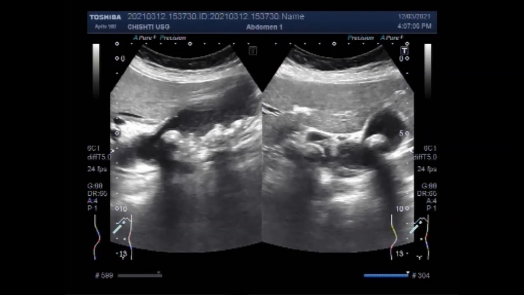Ultrasound uses sound waves to produce pictures of the gallbladder and the bile ducts. It is used to identify signs of inflammation involving the gallbladder and is very good at showing gallstones. Ultrasound produces pictures of the gallbladder and bile ducts. It shows signs of the inflammation and indications that there is blockage of bile flow. Ultrasound is the most common test performed to evaluate gallbladder abnormalities. Now you can see the stone impacted in the neck of the gallbladder.